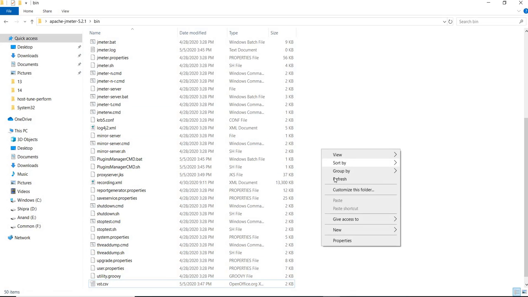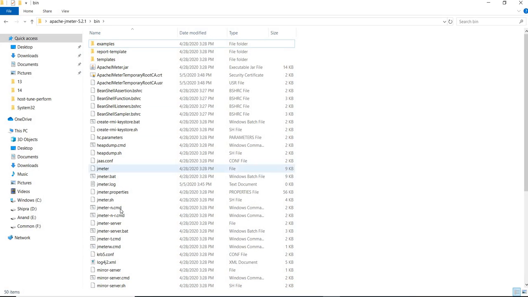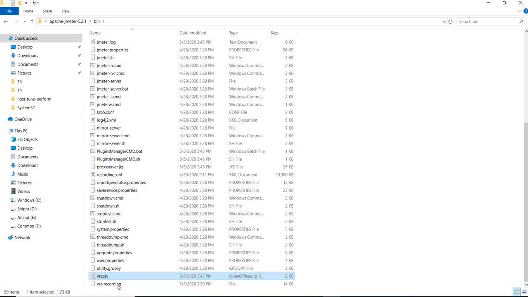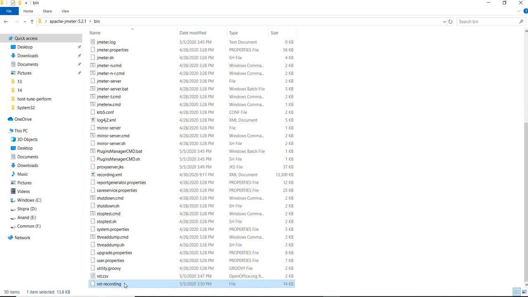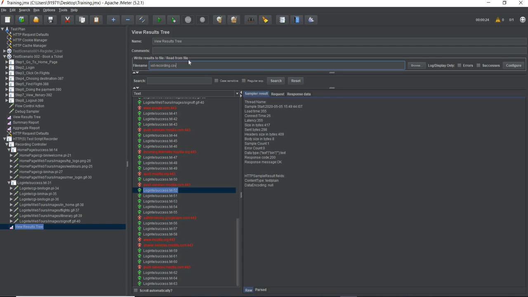Now again I'm just going to my folder, refreshing it, and I will just click on V. So you will be able to see that a file with VST recording has also been saved. One problem over here is that I have not given .csv. I should have given it, so that's why it is not showing a name extension over here, but it does not matter, it has already been saved. You can give a CSV name or open it in a text file, but it is always recommended to give the file name as CSV.